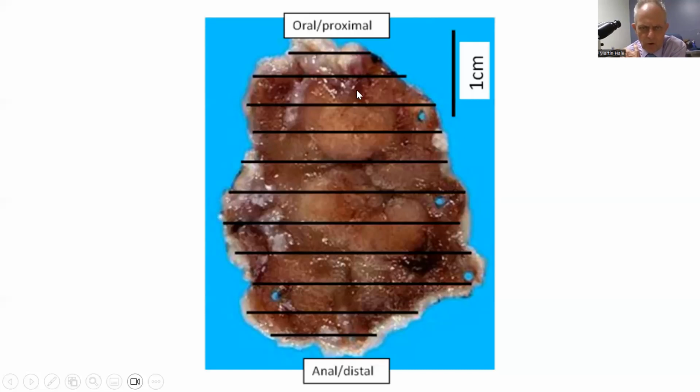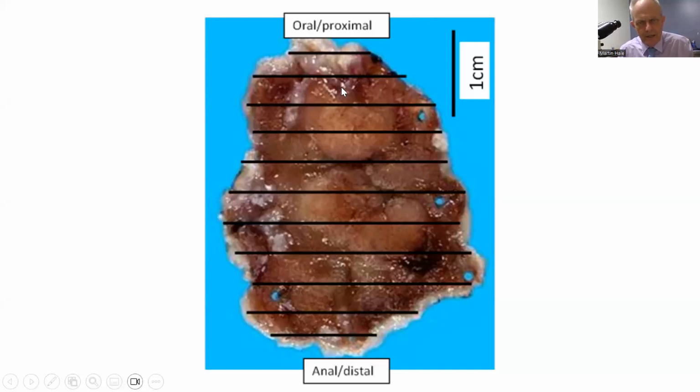So these holes represent the pins that you saw in the previous case, and notice the dimensions. We call this bread slicing or bread loafing, and the whole biopsy is put through. Now let's just put this into perspective. This is a piece of tissue that is some 4 centimeters by, say, 3 centimeters. When we take our blocks, the blocks that we take are about 2 millimeters thick. So we will take a 2 millimeter slice.